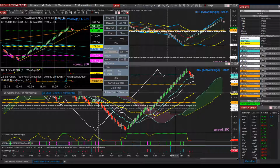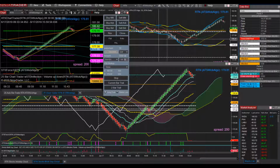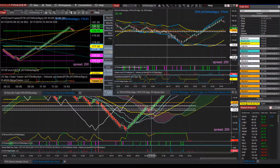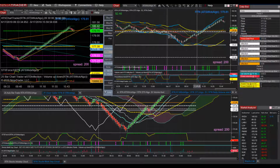Great setup here. Another thing as well, another telltale sign. We're going to go to this chart right here. This is one of my favorite trading charts, and I added this part at the bottom just as an educational tool. This is tracking what these red, yellow and blue lines are doing up here, right on this second breakout, which was right here at 11:16, same time frame. We had the two blue ones simultaneously